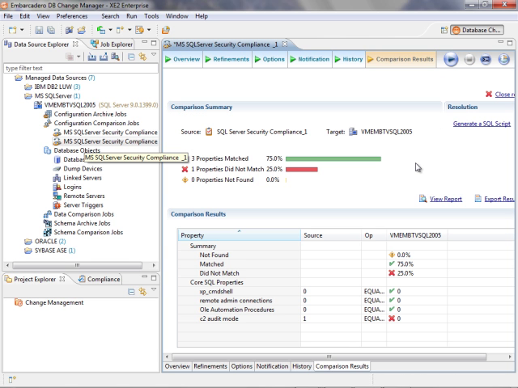and notice my comparison summary. I set up the job with 4 properties: XP_command shell, remote admin connections, OLE automation procedures, and C2 audit mode. 3 of the properties matched, 1 did not match. None were not found. For a quick description of these properties as it relates to SQL Server,